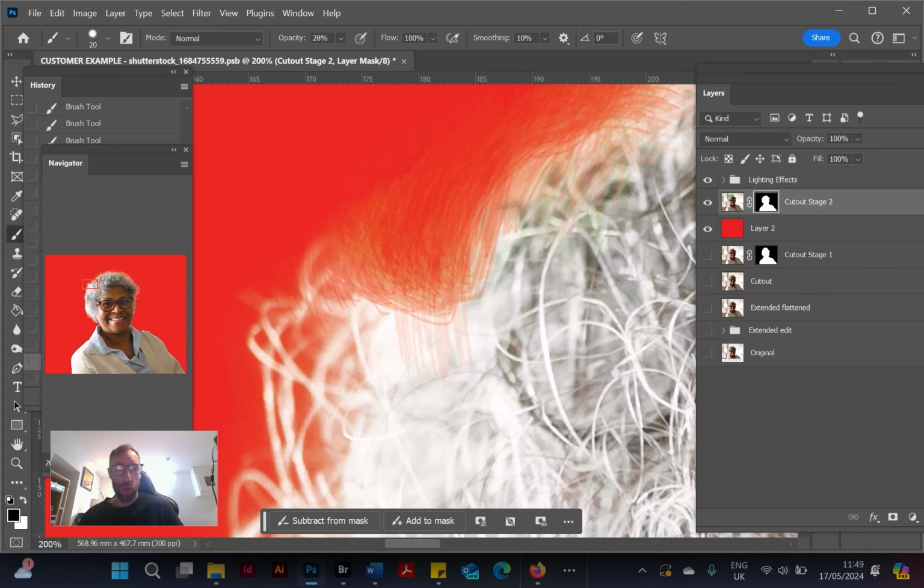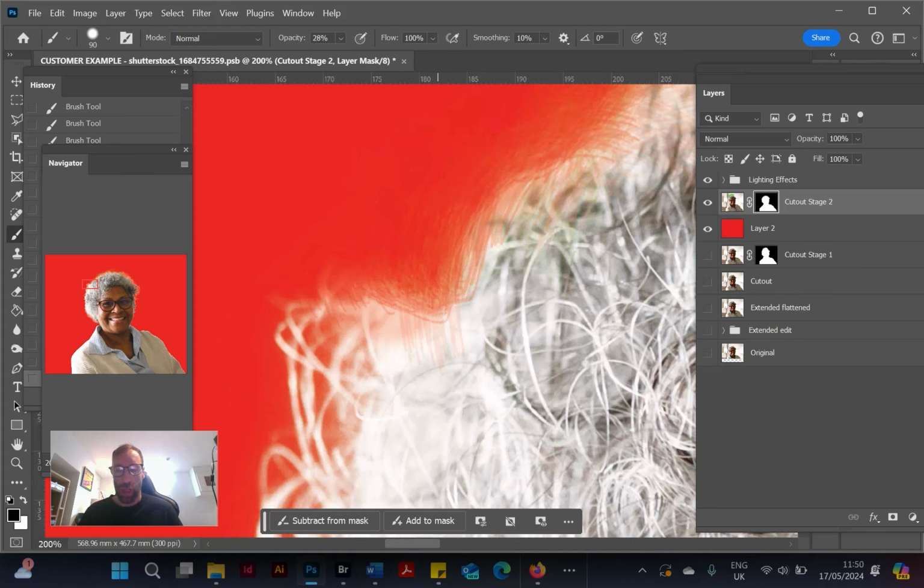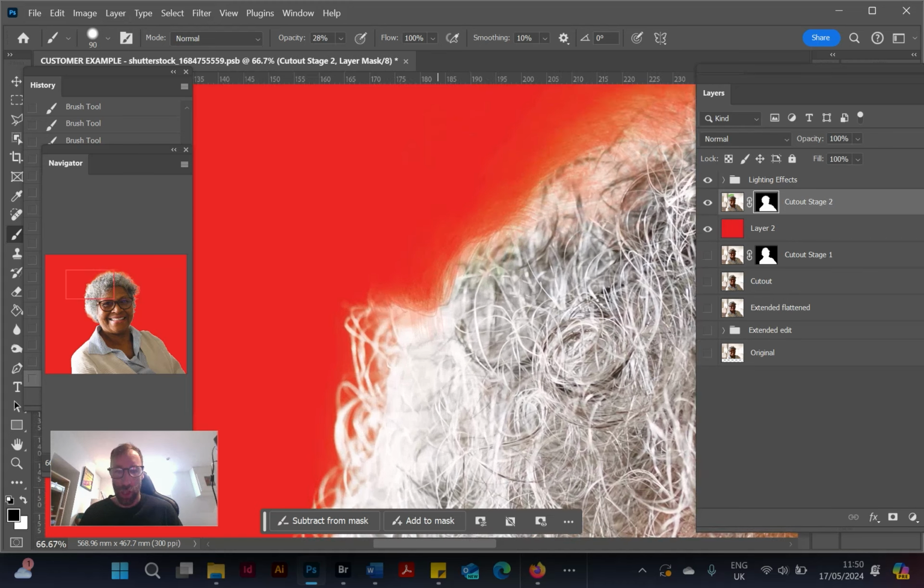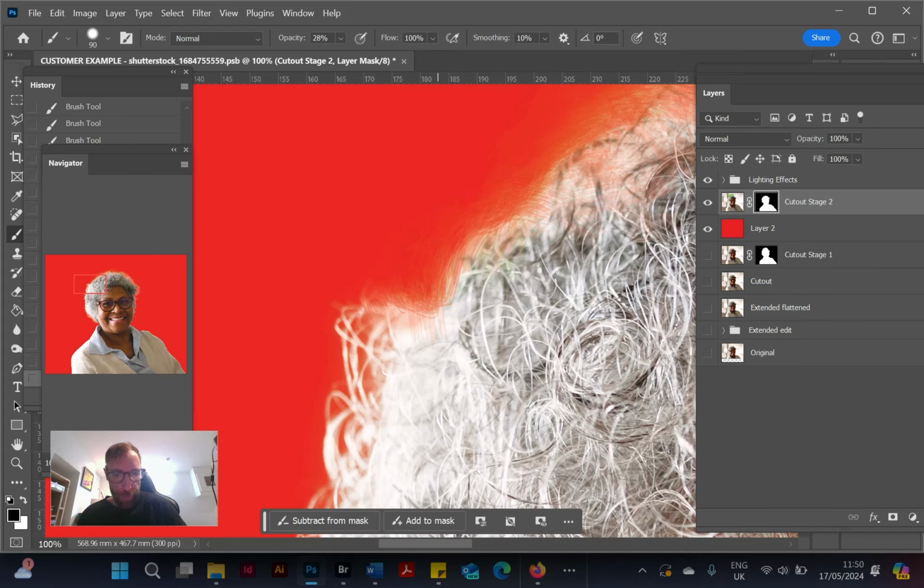So I've just got a lighter brush. I'm just going to brush back out parts of that hair, zoom out again so you can see what you're doing. So we can probably just draw it all the way down, and if we just do that a little bit, that's not quite what we want. But what we can do is